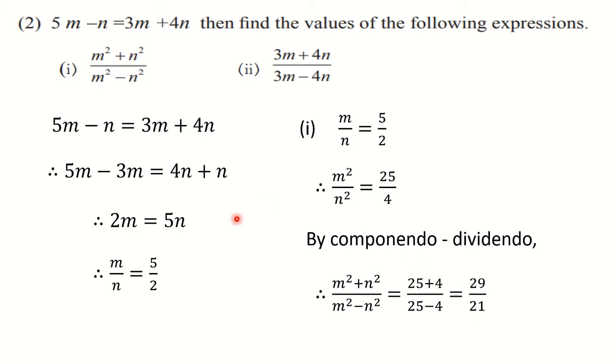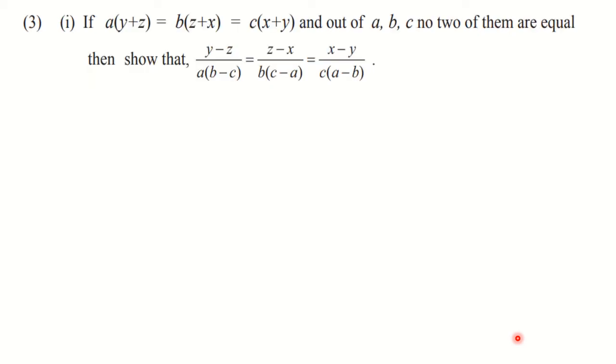Also you can solve it by using the k method, as I have said. I told you that you can take m as 5k and n as 2k, and then you can substitute directly here and find the answer. So solving in that way is also possible. You can use any method, but the only thing, as I have said, is that in place of m you cannot directly write 5. It's a ratio in reduced form, so it always has some common multiple. So make use of 5k and 2k. Only then are you going to get full marks, otherwise you will get 0 marks. Similarly, you can solve the second one also.